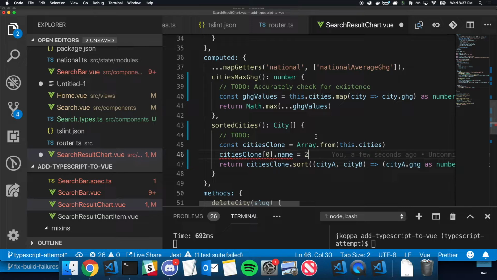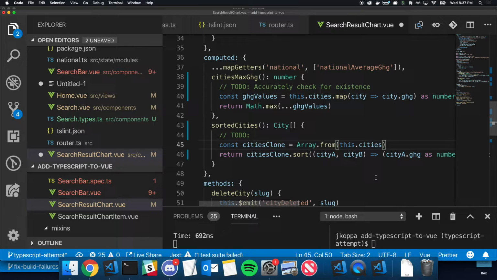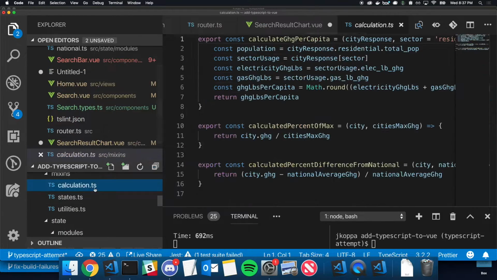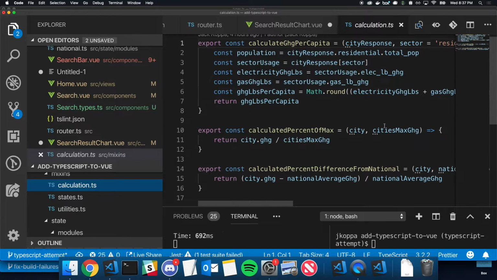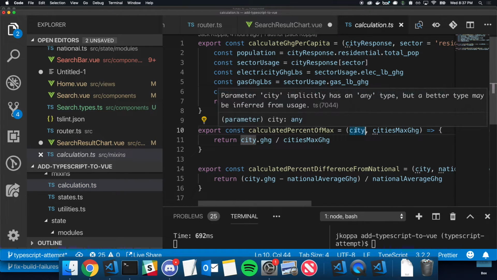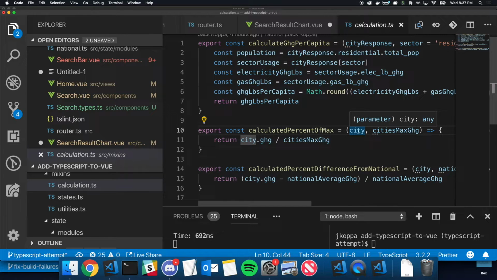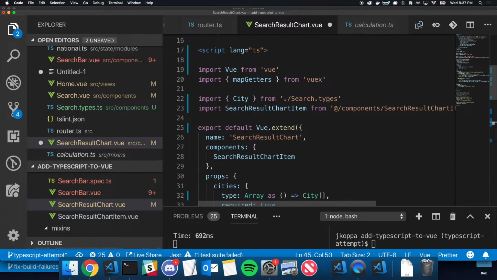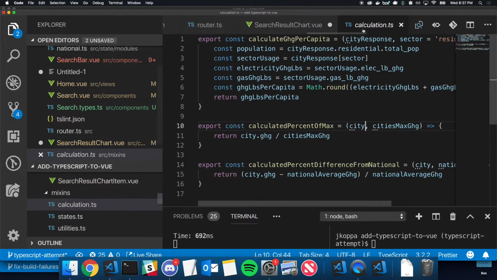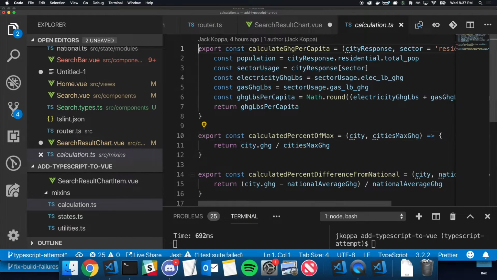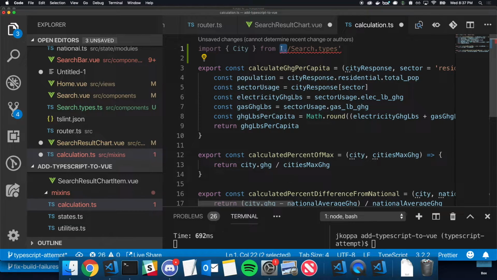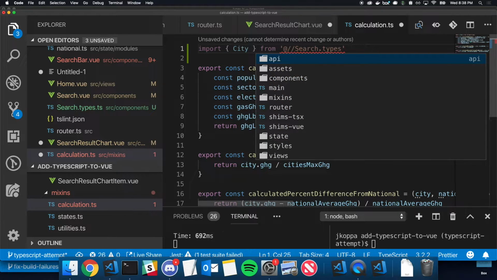If I want to access it, same thing. If I want to modify it or use it in a function, which there are definitely cases where we're doing, for example, this calculation, it's expecting this city, but right now it's an any because I haven't yet done the process, which we can do super quickly, of saying, hey, I know I've created an interface, I know what the type this is now, and I'm gonna